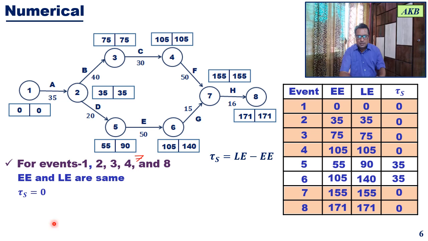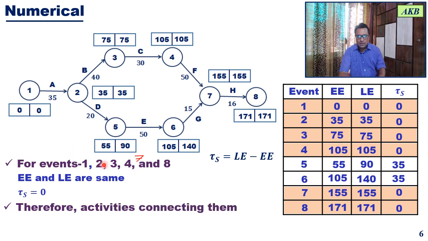That means for all these events slack is 0, tau s is 0, or you can say tau is 0, tau or tau s, depends on which notation you follow. So the slack for all these events is 0. So the conclusion is, activities that connect all these events will fall on the critical path. All the activities which connect to those events for which slack is 0 will fall on